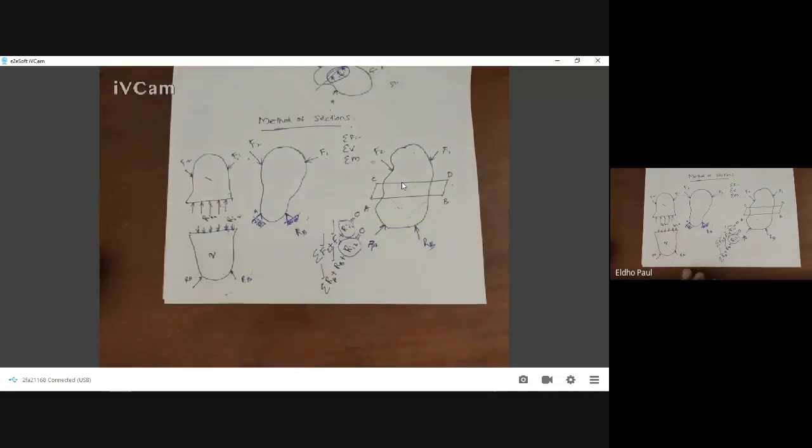We can calculate the internal force. Calculation of the internal force is the preliminary step of any design process, because all the fracture, all the deformation, all the resistance offered by the body against the external force is based on the internal force developed across the cross section of the body. So the calculation of the internal force is the primary step of any design process.